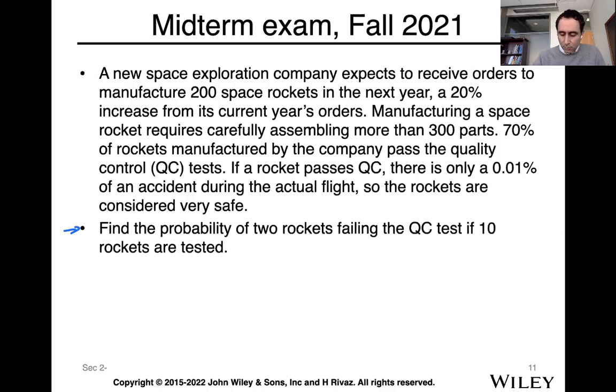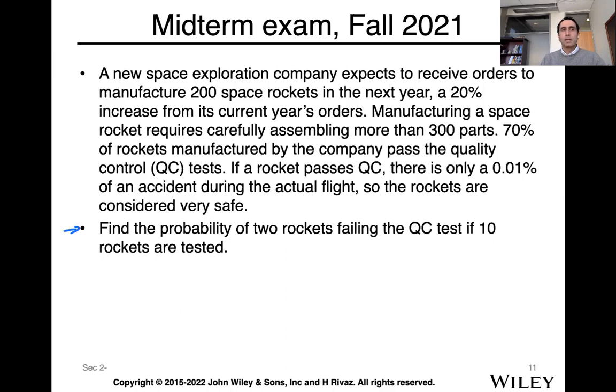A new space exploration company expects to receive orders to manufacture 200 space rockets in the next year, a 20% increase from its current year's orders. Manufacturing a space rocket requires carefully assembling more than 300 parts. 70% of rockets manufactured by the company passed the quality test, QC. If a rocket passes QC,